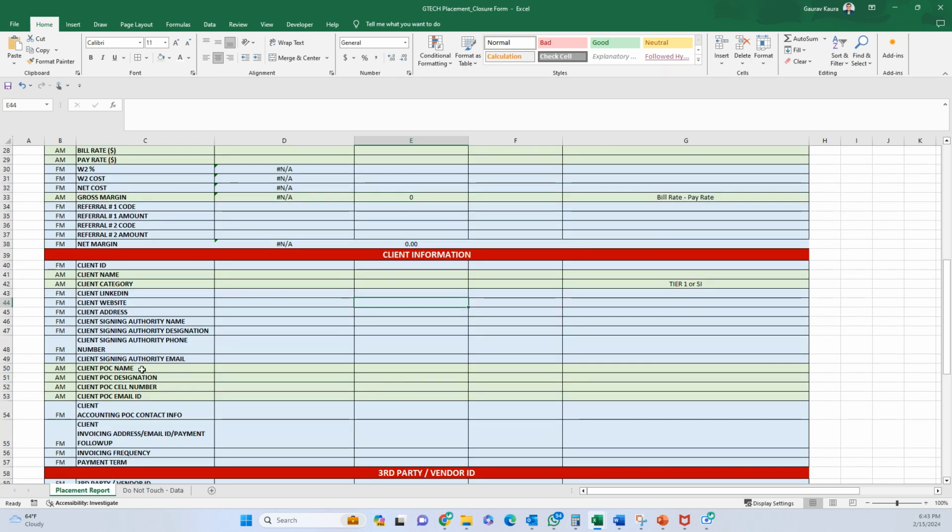So the client POC name, the POC that you are working with, if we have any problem in BGV or any problem in getting the purchase order or MSA, who do we contact? So we need this. What's the POC that you're working with? What is his designation? Is he a client partner or account manager or recruitment director or whatever? So we need the designation, their cell number and email. So this is what